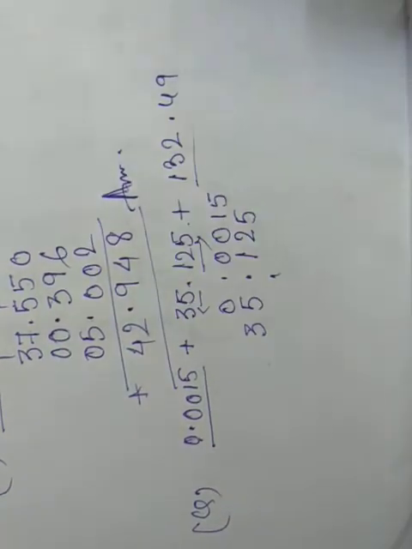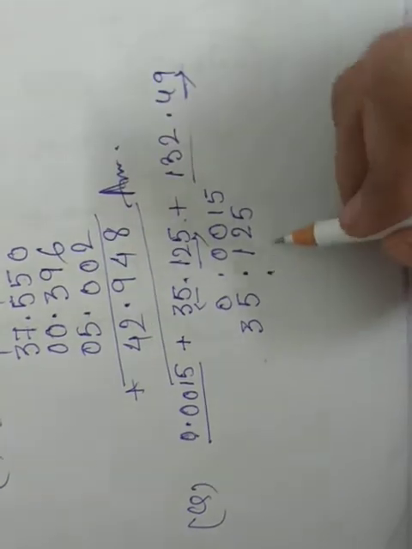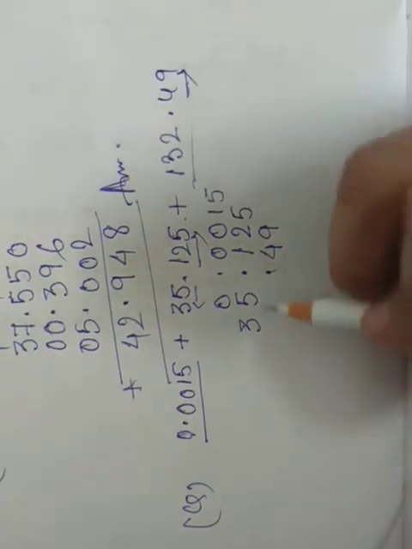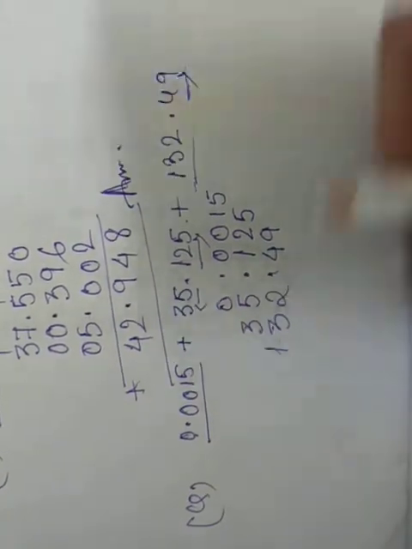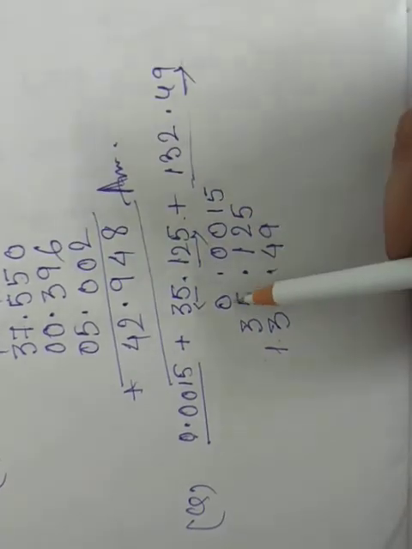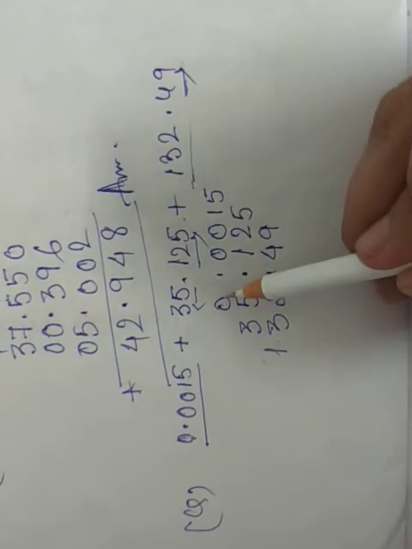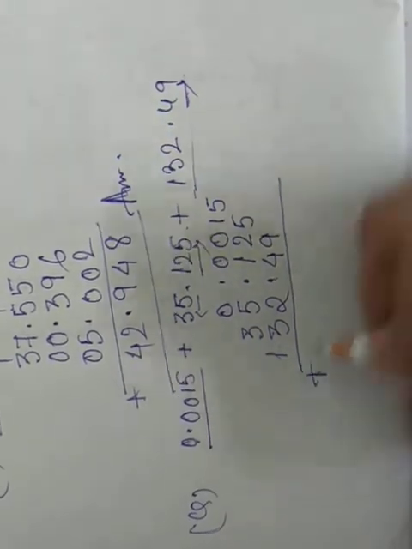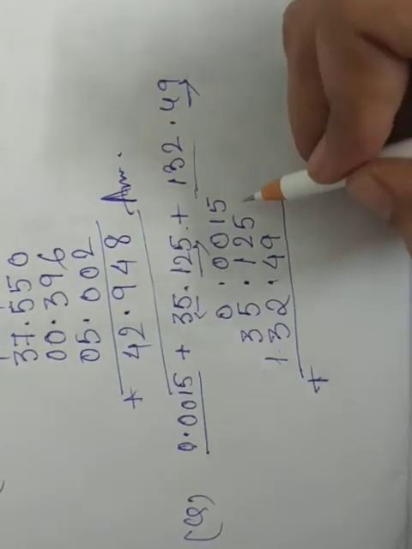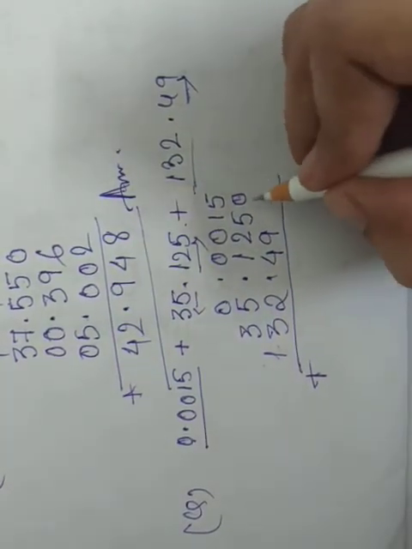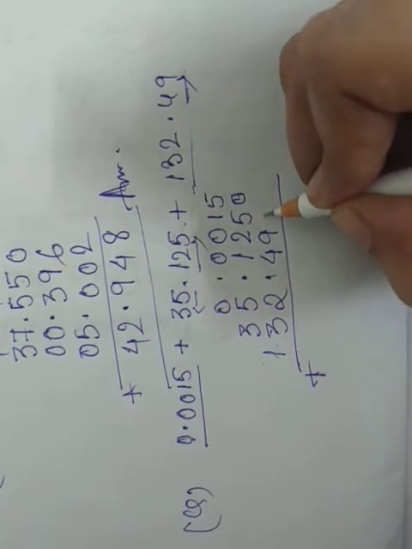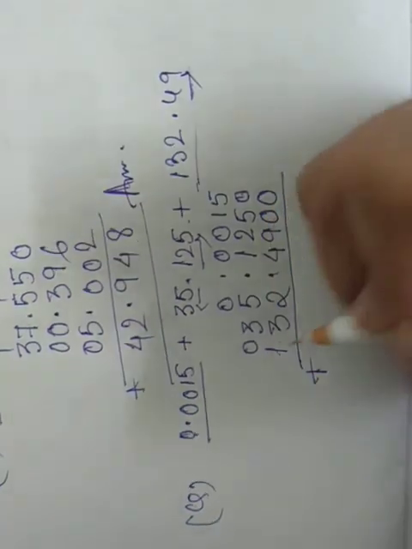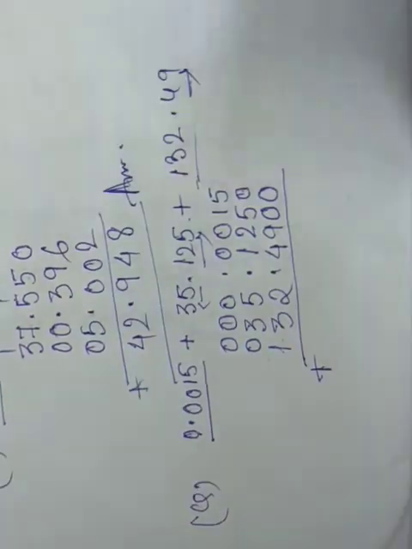Okay. Next, see the next number. First we will write the decimal. Then we will see what is there in the right hand side. It is 49. And on the left hand side it is 132. It is very important to see that where you are writing the numbers one after the other, it should be synchronized nicely. Now the leftover portion we will write 0. Here nothing is there, so we are writing 0 over here. Here also nothing is there, we will write 0. Here also 0. Here 0. Here 0. Here 0. Okay.